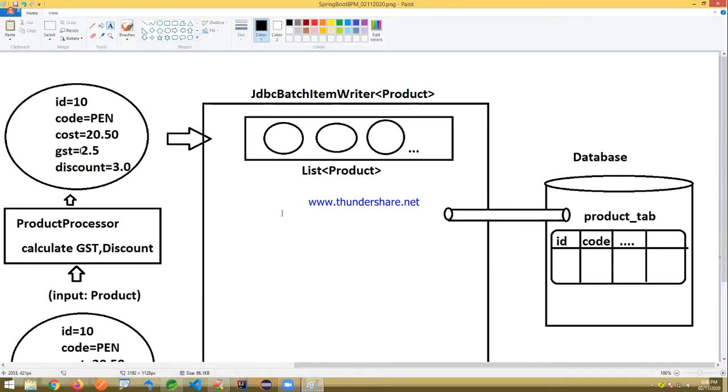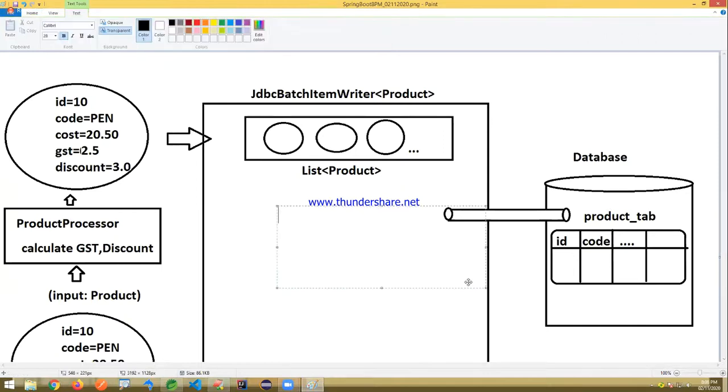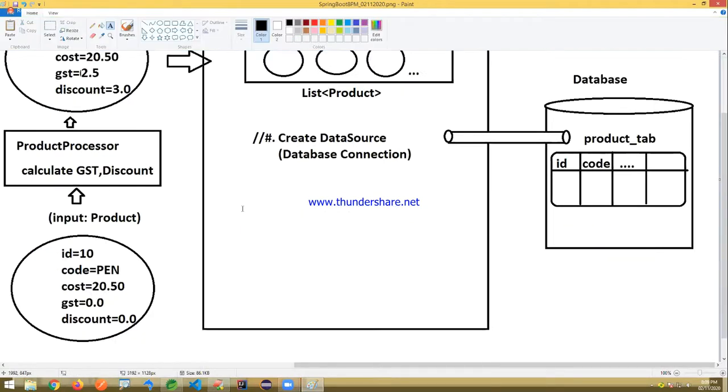Creating the database connection is called create data source. We can also call it a database connection. We need to prepare the database connection here.